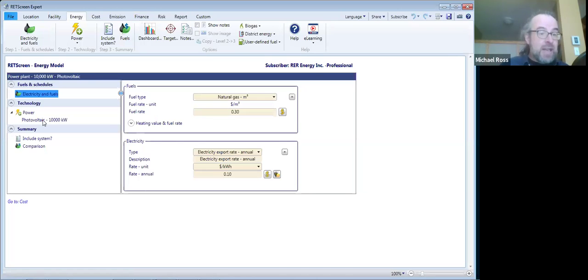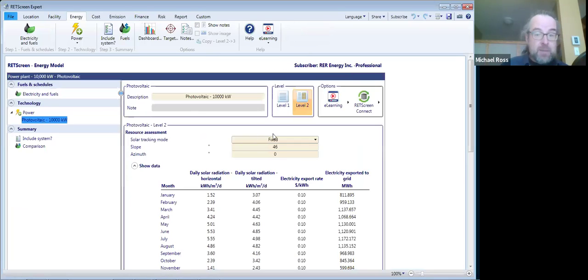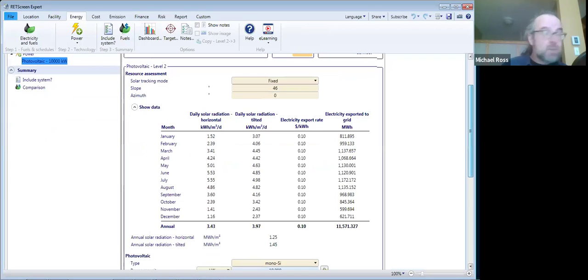Also on this page, I have my 10 megawatt photovoltaic project. So let's check to see whether what RETScreen's entered here is reasonable. I quickly glossed over this, but I specified a fixed project, meaning I'm not using a tracking system for the solar